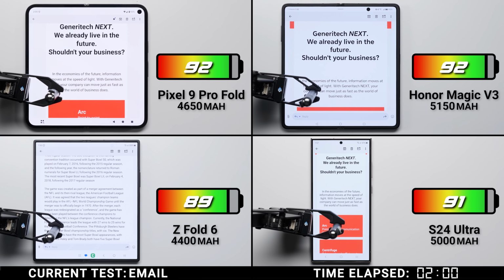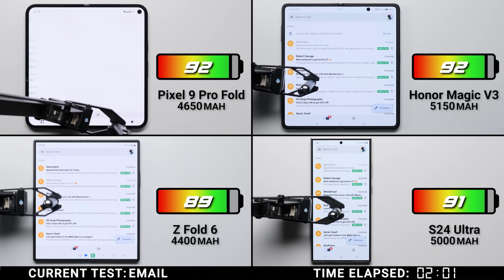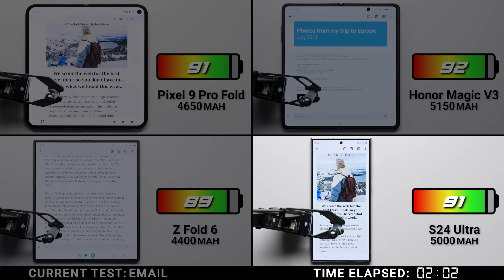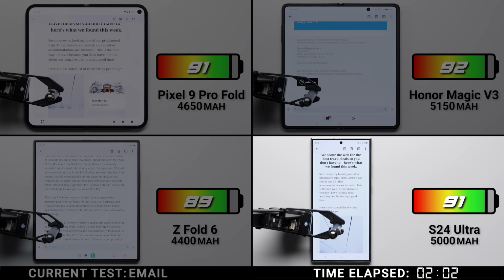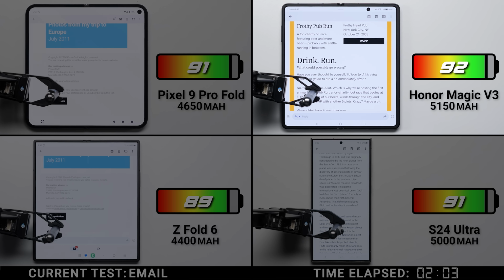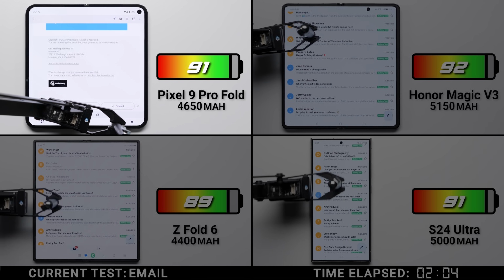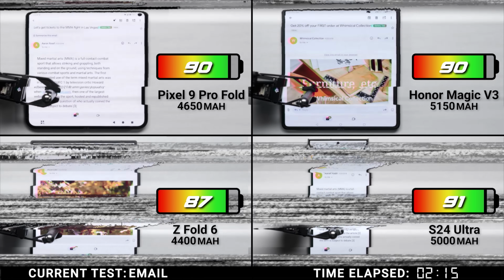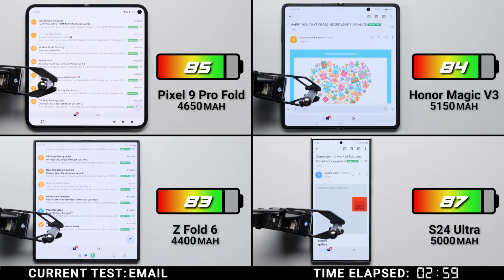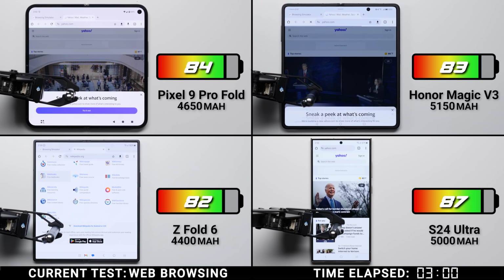But I'm sure we'll see a bigger difference here in email, because for this test, we've opened the folding phones up, where they'll be at a huge disadvantage compared to the S24 Ultra, which has a screen area of only 17.59 square inches, paling in comparison to the Z Fold 6's 28.5 square inches, the Magic V3's 31.25 square inches, and especially the Pixel's 31.97 square inches. Where after an hour of scrolling through the same set of emails, as you'd kind of expect, the S24 Ultra does the best, allowing it to take the lead as we start working on the browser test,